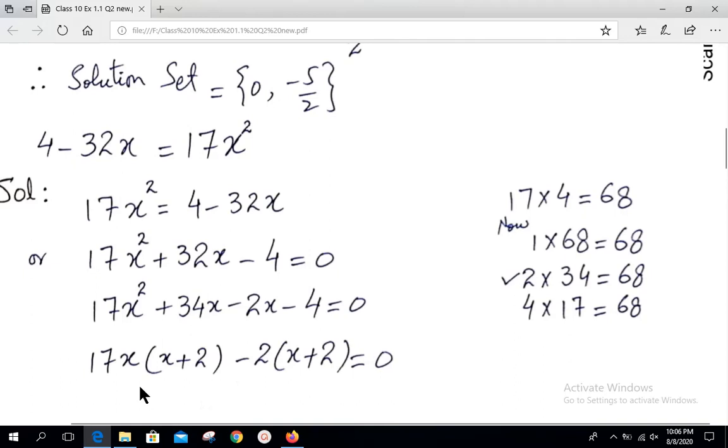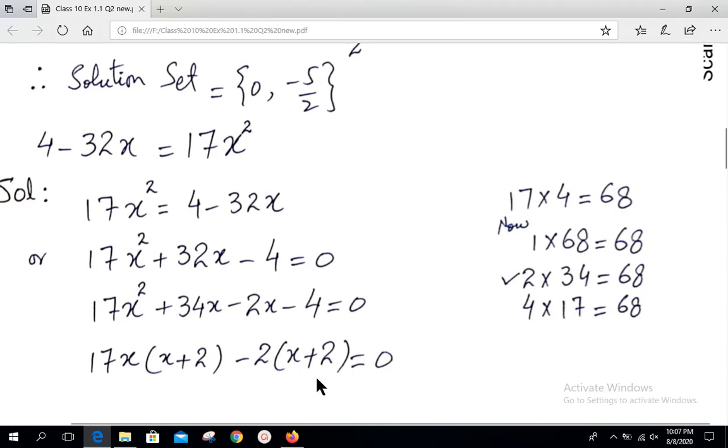Taking common from the first two and then from the last two. Well clear, the common in the first two terms is 17x. Taking 17x as common, we are left with x from the first place and plus 2 from the second place. Now here minus comes the same, that means minus is common among both, and then number 2 is common. Viewers, be careful and keep in mind that whenever minus comes in the third term place, this sign goes change.